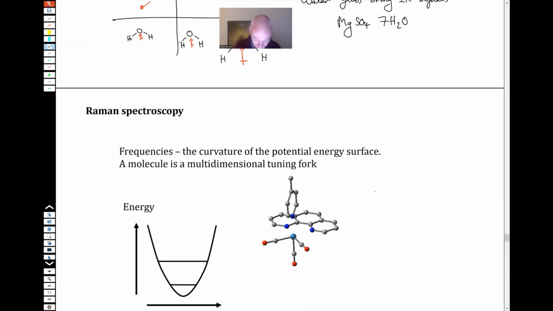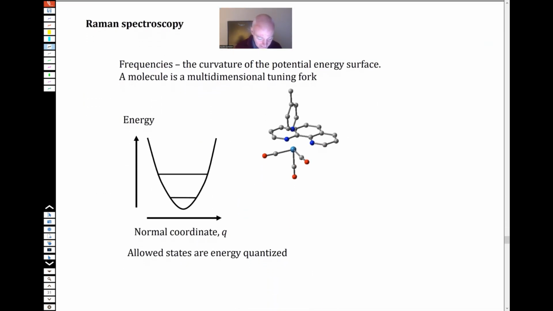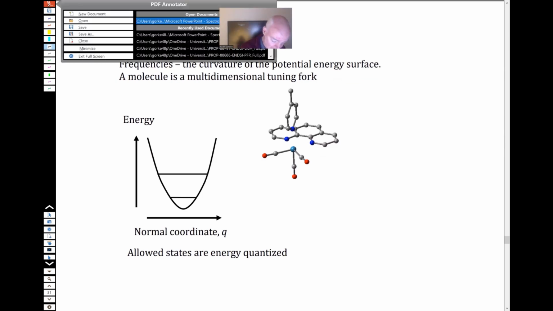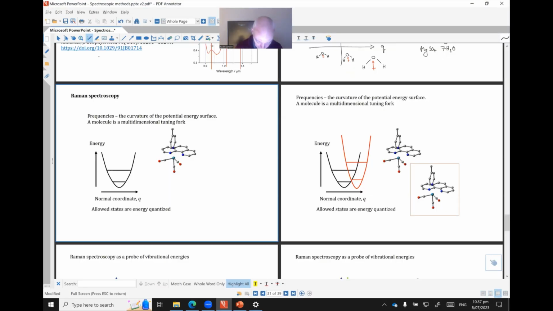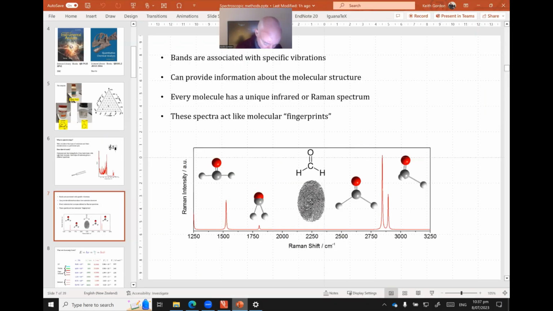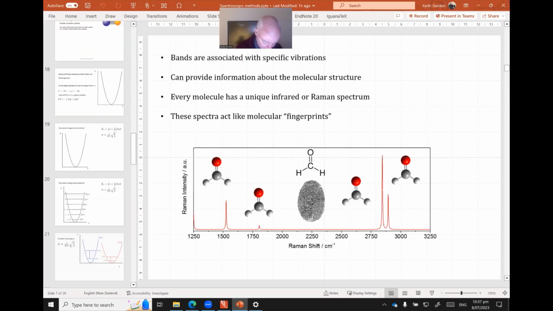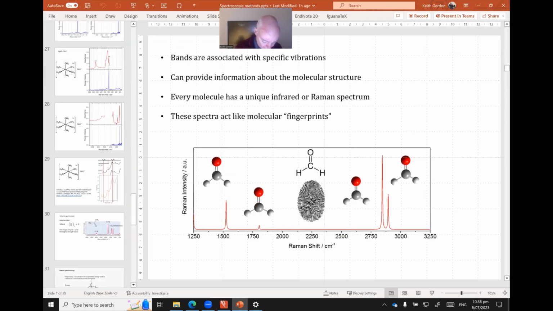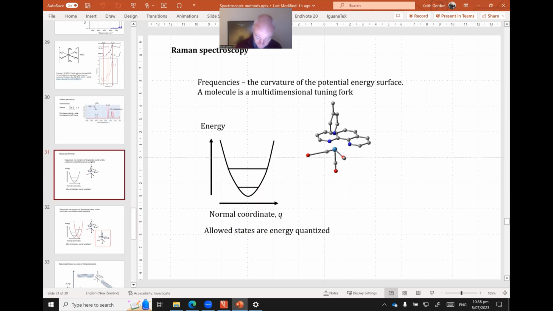So let's move on to Raman spectroscopy. Here again, I just want to switch to PowerPoint because I've got a couple of diagrams to show. So just let me do that. I just flick down to the appropriate diagrams and we'll scoot through them. So the basic idea here, I don't think we need to do very much other than what I've got here,